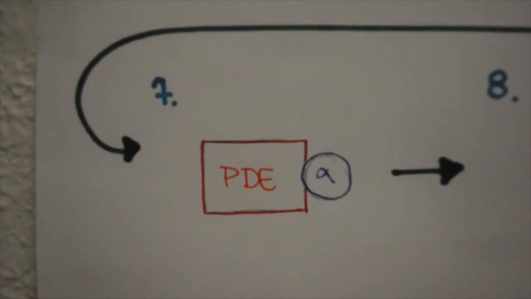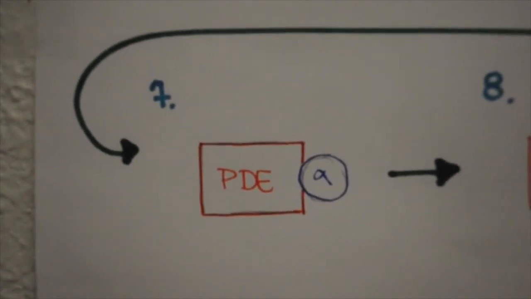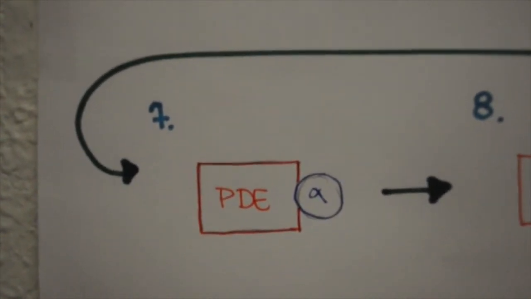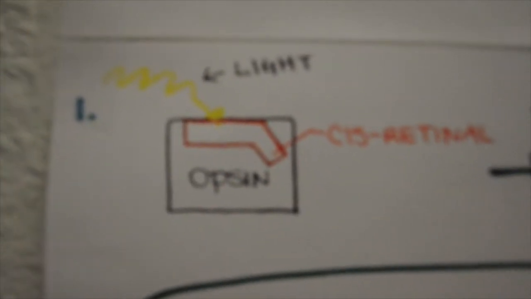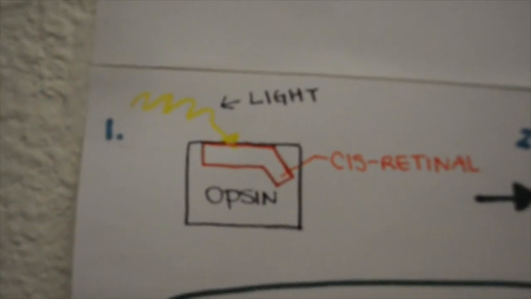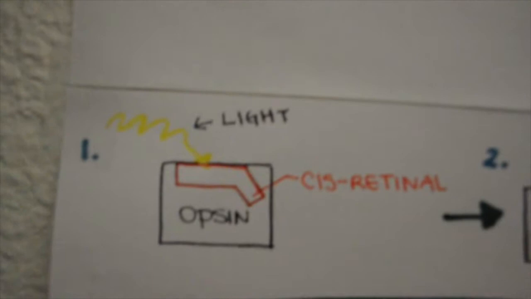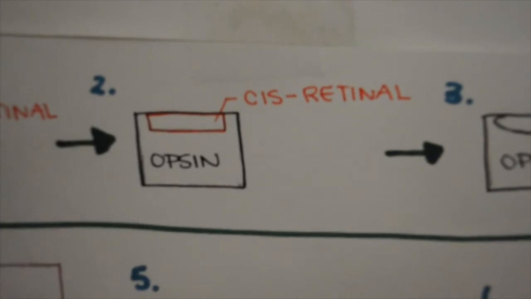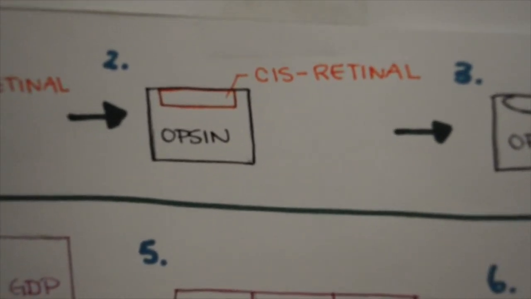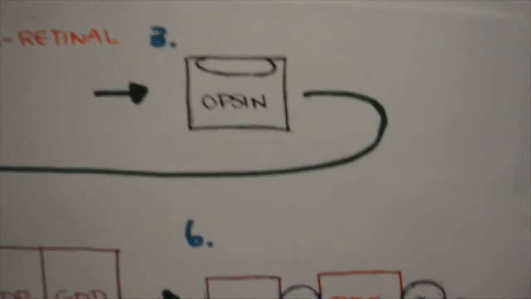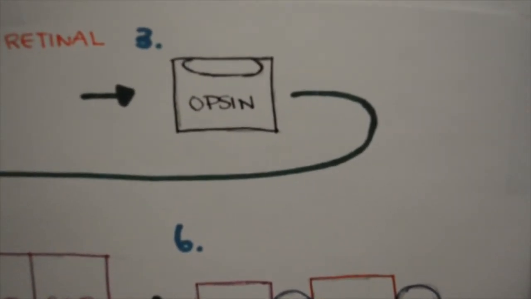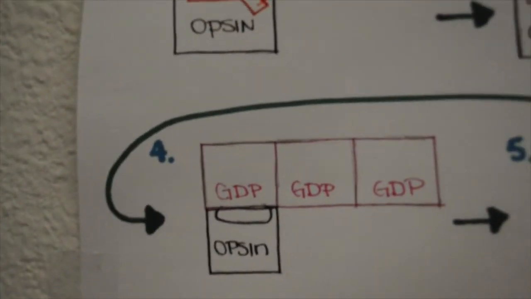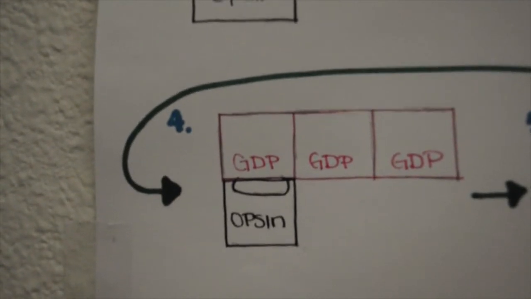Steps 1 through 6 must be repeated one more time for the removal of the second alpha attached to the phosphodiesterase. By the entrance of a particle of light, again known as a photon, hitting the cis retinal, causing it to change shape to a transretinal, therefore losing its attraction to the opsin molecule, freeing up the binding site of the opsin molecule, therefore the opsin molecule will bind itself to one of the GDPs of the transducin,